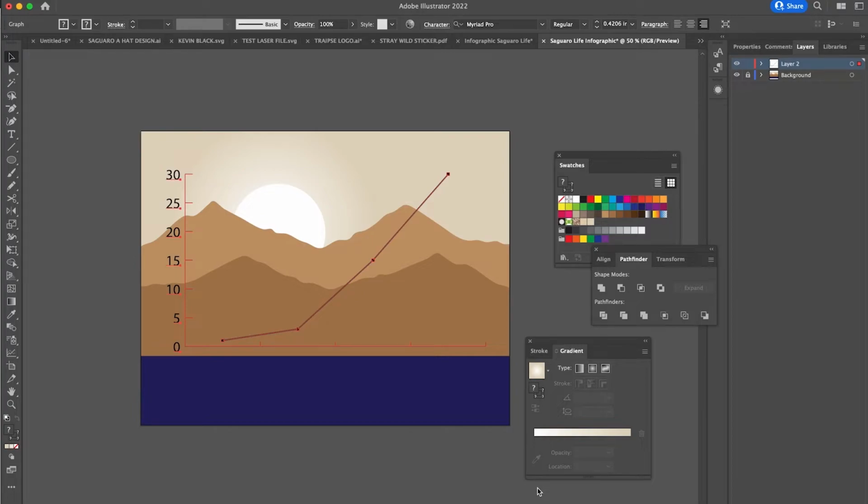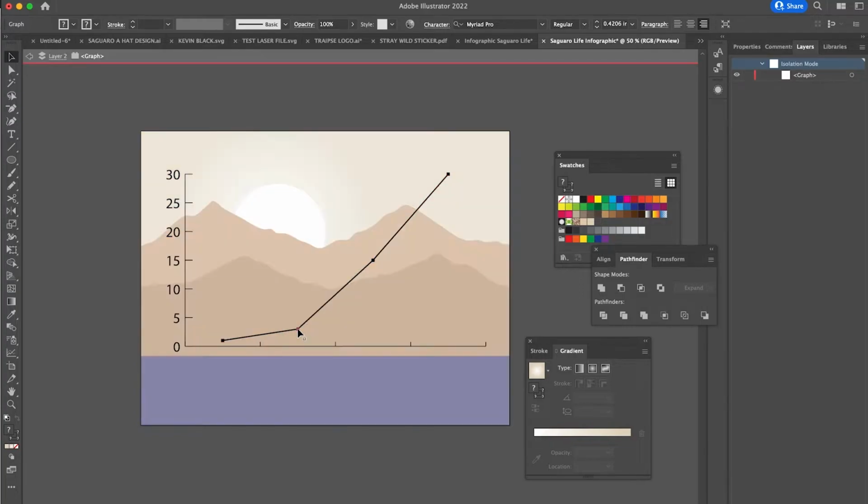For step number 5, we're going to be editing our graph so we can remove any parts that we find unnecessary. In this case, we're really going to be moving this axis out so that way we can use the blue footer as the base for our graph. So the first step for this is we're going to go into what's called isolation mode. We're going to double click on any part of our graph, and you're going to notice that